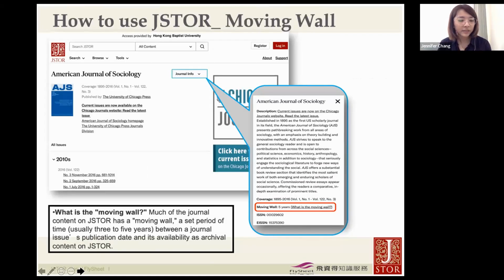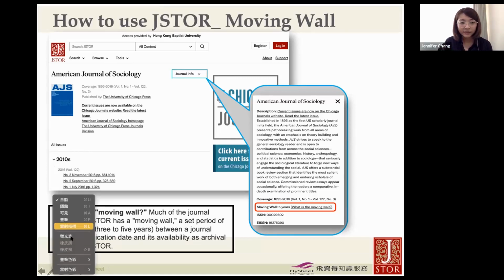This page is the landing page about a journal, American Journal of Sociology. Like I said, the main part of JSTOR is archive collections. Each journal has a moving wall. What is a moving wall? In this case, in American Journal of Sociology, the moving wall is 5 years. So here, can anyone see the coverage year from 1895 to 2016? The coverage year is, in this case,